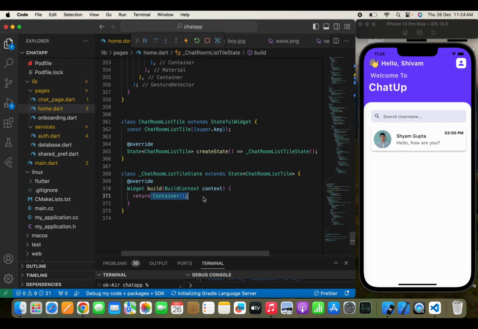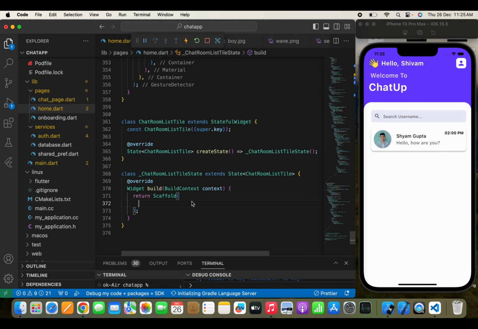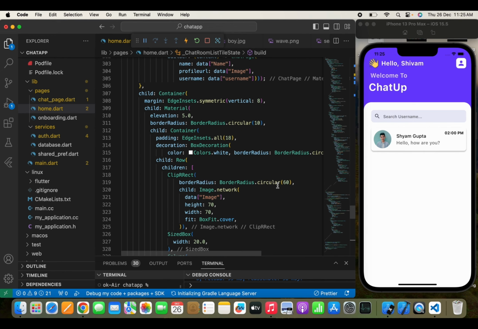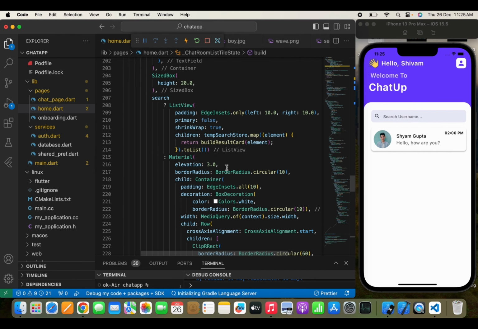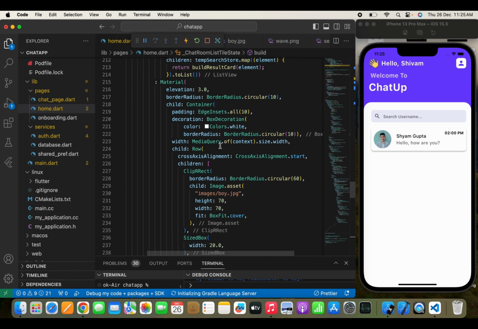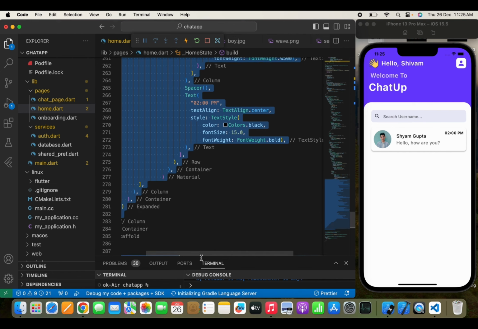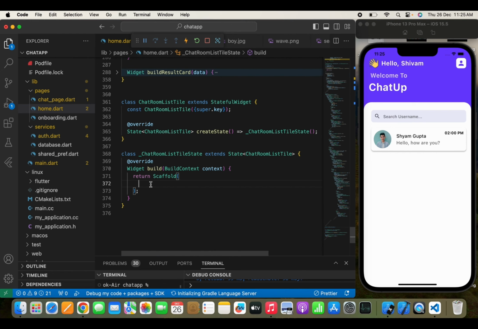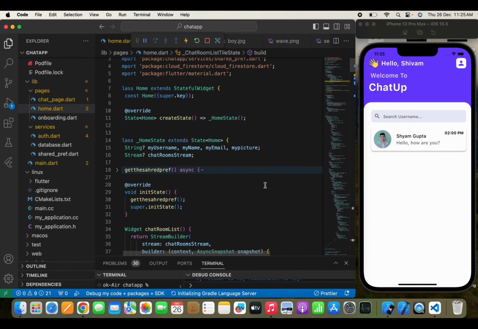Yeah, now here I can simply pass a scaffold. Now here I think rather than passing a scaffold, we can simply show this container that we have just made for the UI, and here I need to simply copy this complete thing from here where we have written something. So I'll copy this material widget and simply paste it over here in the body. Now once we have done all this thing